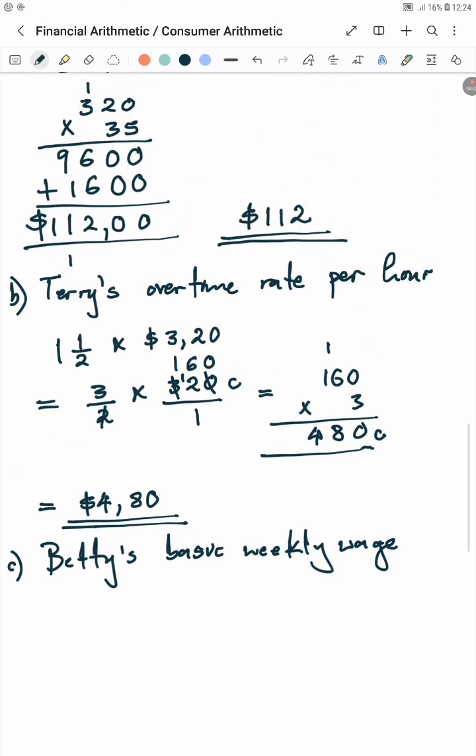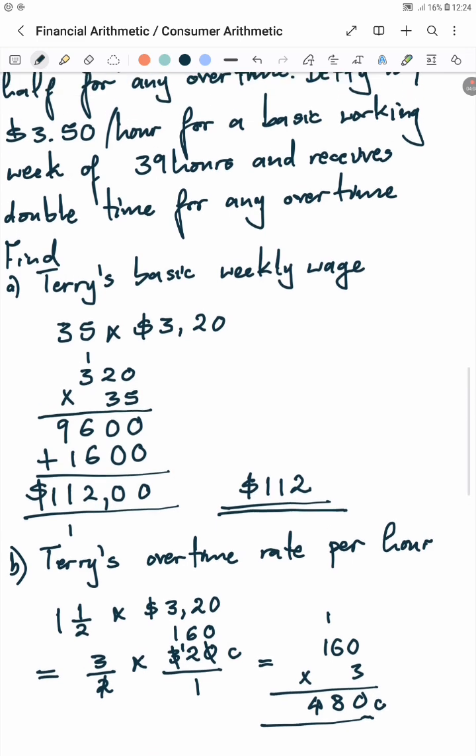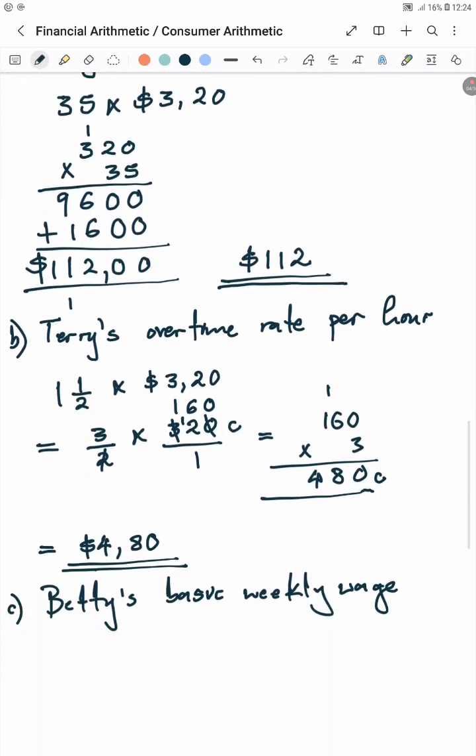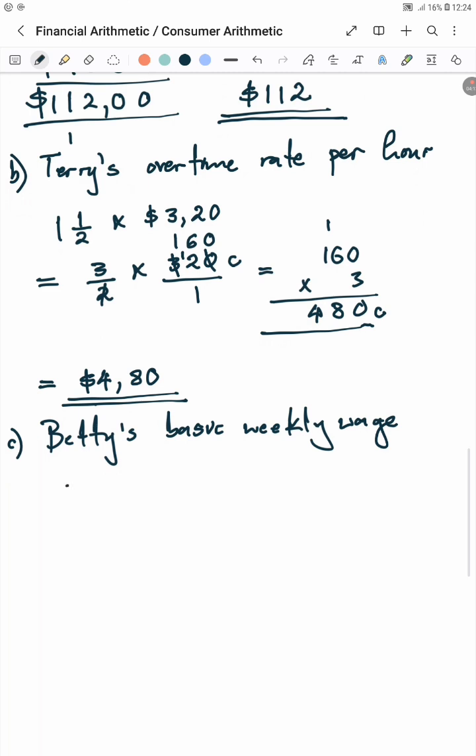So Betty's weekly wage will be $3.50 times 39 hours. So we can express it in cents, and it will be equal to